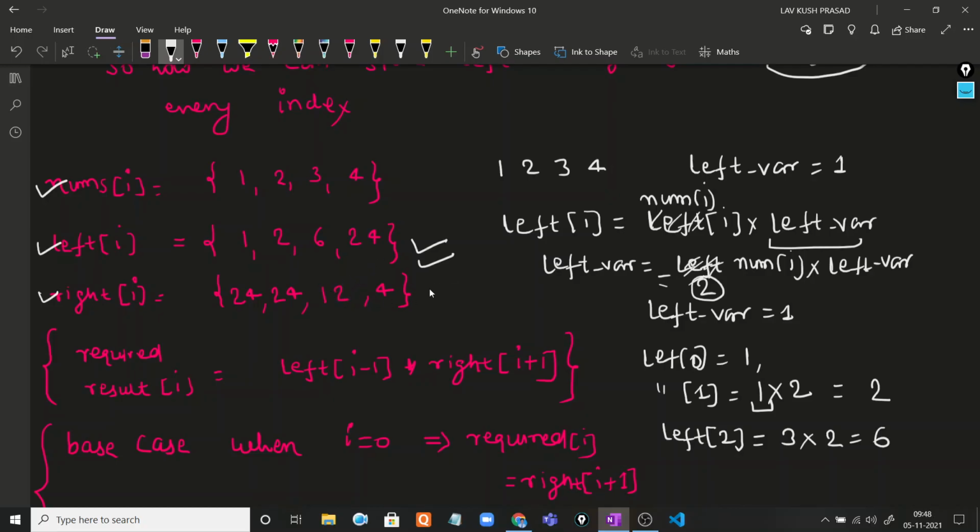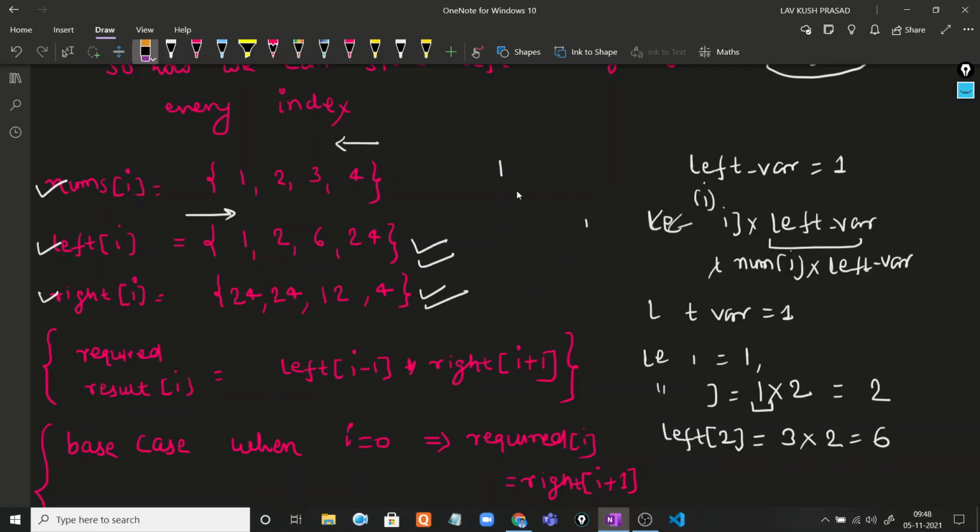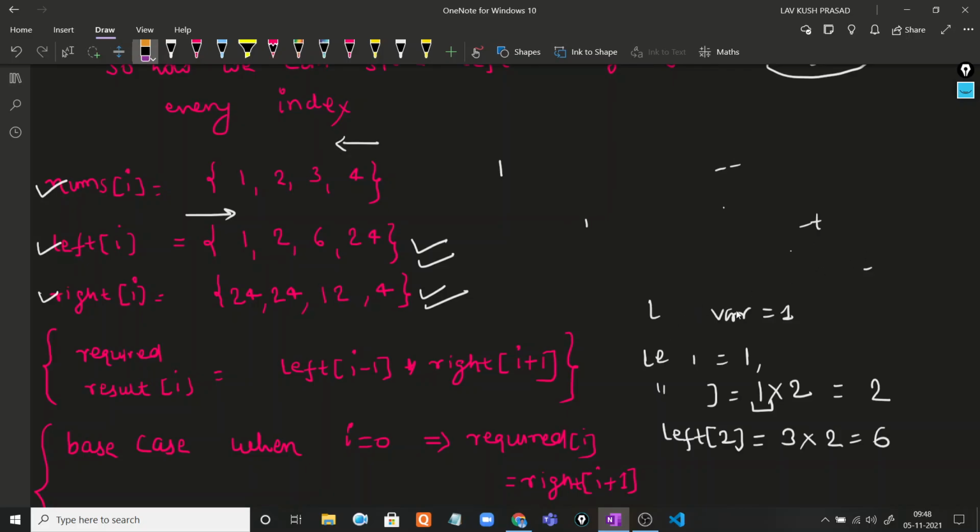And similarly we find the right array, and in the right array the only change is we traverse from the right to left, and in the left array we traverse from the left to right. And if we find the left and right arrays, what's our requirement?